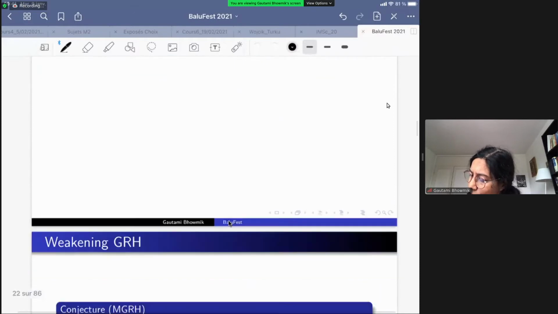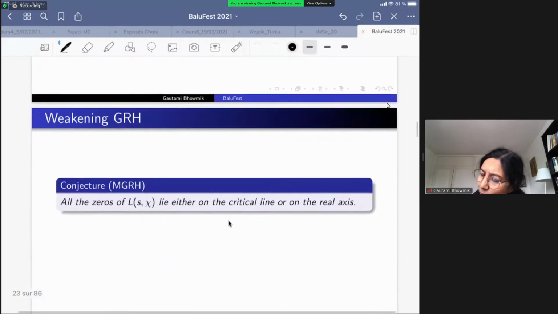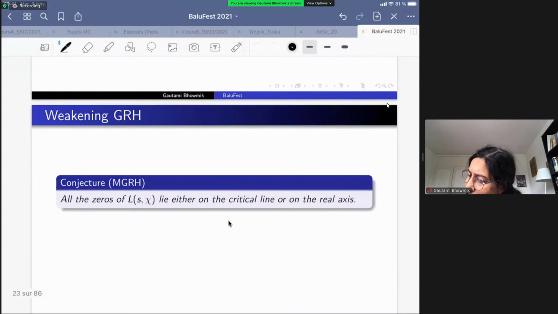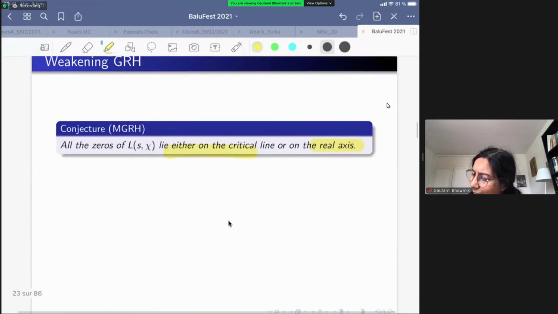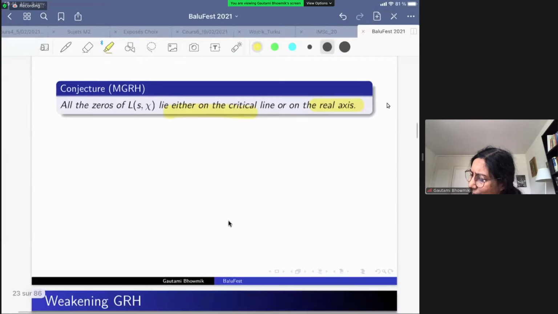So here is a modified GRH. It says that if there are zeros of L(s, chi), then they are either on the critical line or on the real axis. This is the modified generalized Riemann hypothesis. I don't know who first thought about it. I know that this exists in a paper of Sarnak and Zaharescu,